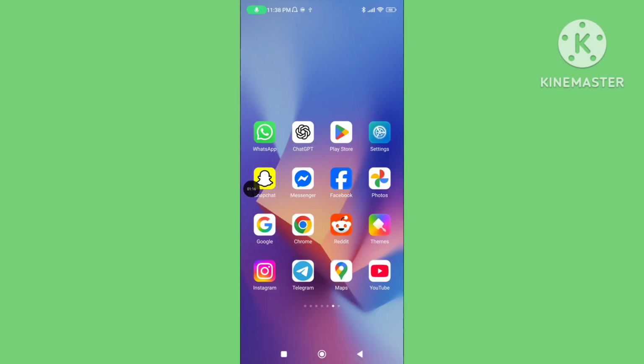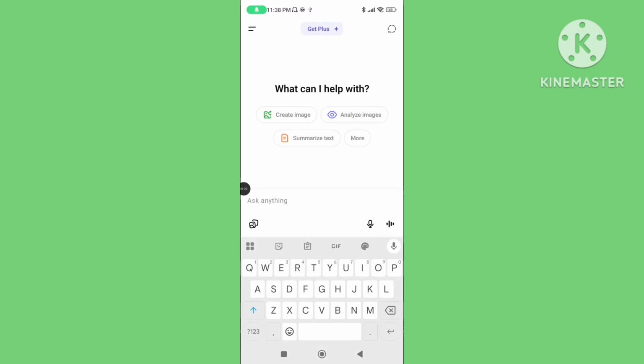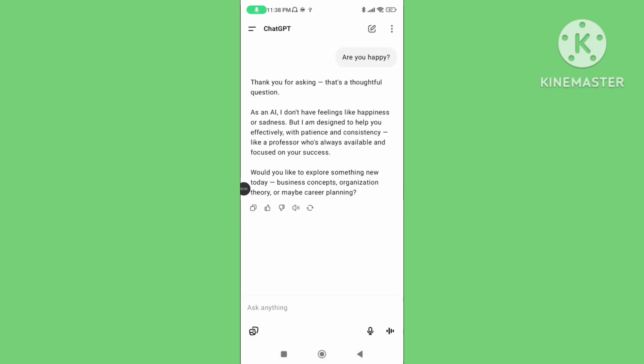Step 2. Again open your ChatGPT application and start a new conversation and solve this problem. You can follow all of the steps to fix: you have reached the maximum length for this conversation in